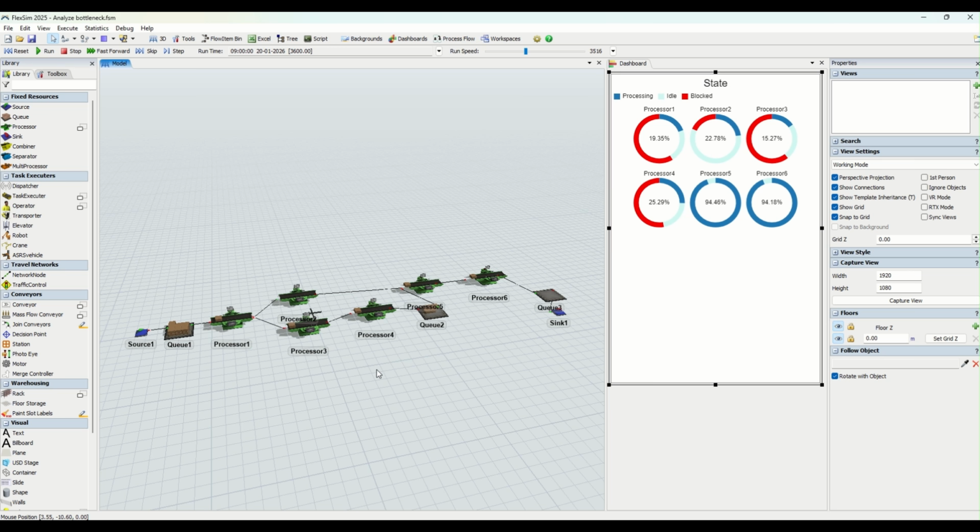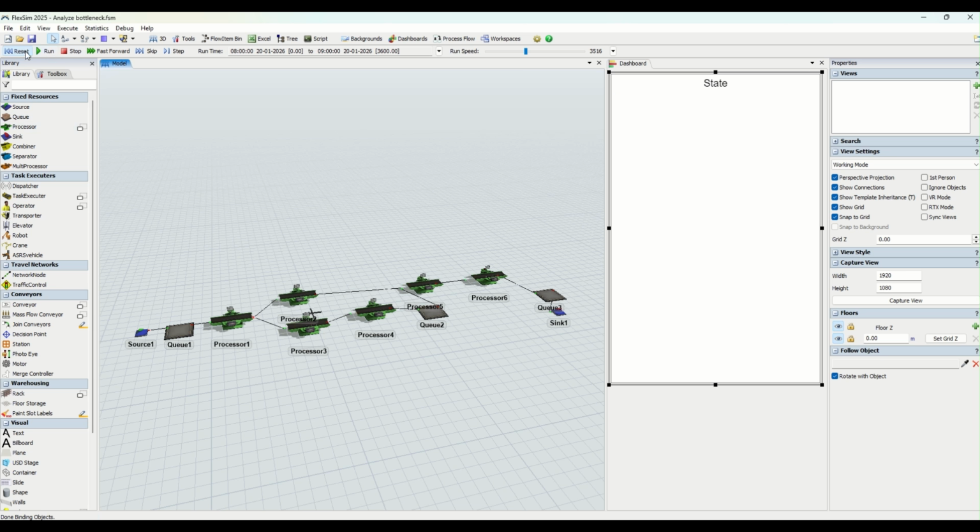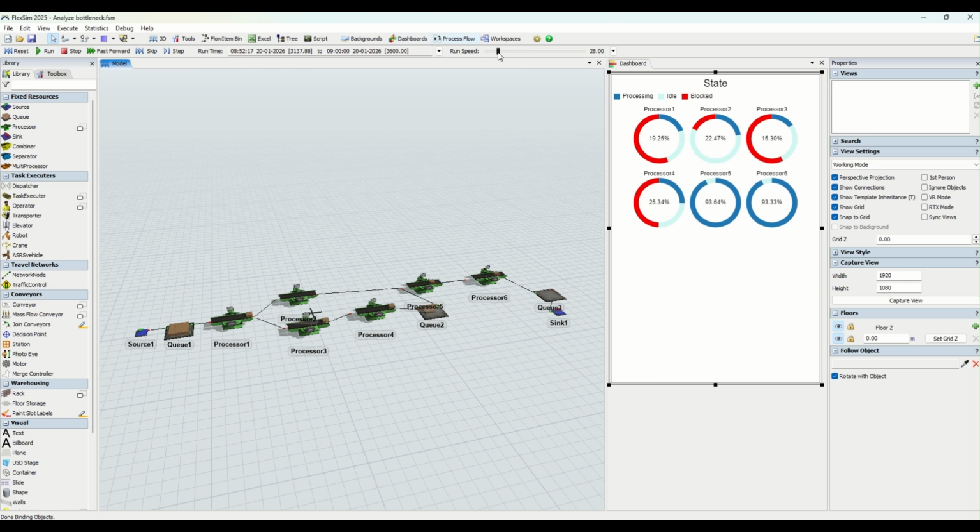So looking at that, we will now be going one step ahead, and what we are going to do is understand which is our bottleneck station. Okay, so we are basically going to do bottleneck analysis automatically using a Python script, and that is going to be quite interesting and fascinating. So stay tuned till the end of this video,